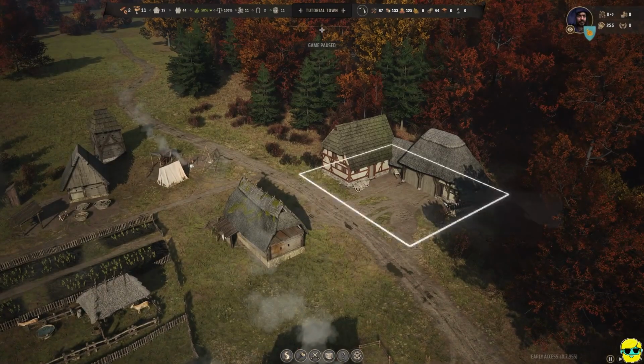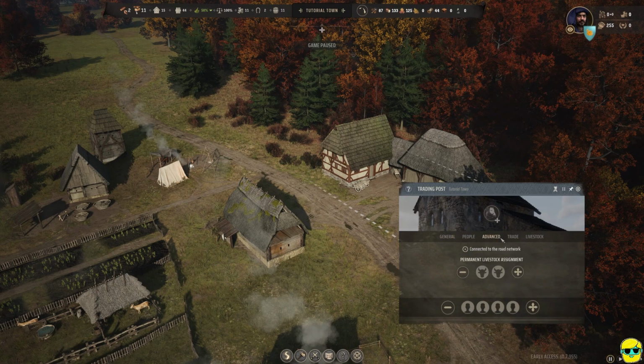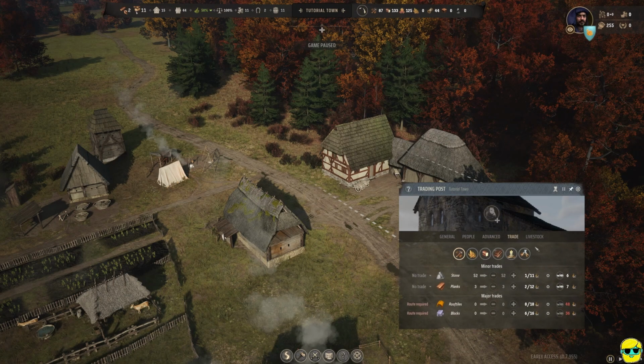And it's time to go to the trading post and talk about how to do trade. So you click on the trading post, and you can hitch an animal to the trading post to deliver stuff to it more quickly, so it always has an animal reserved if you like. And you could put a family on there, which we're going to need to do. But we're going to go over here and go into trade. And what we want to do is, for dye specifically,